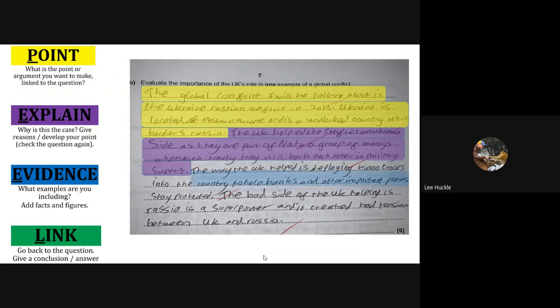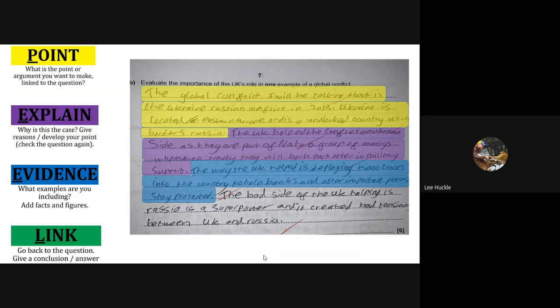What they then do is this: the way the UK is helping develop. So they're giving precise detail and evidence of an example. And they've used a figure there, deploying 4,000 troops into the country to help maintain the importance of places